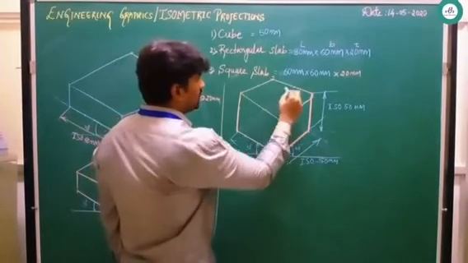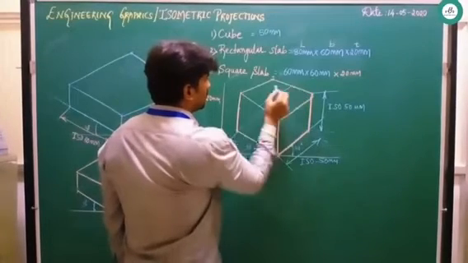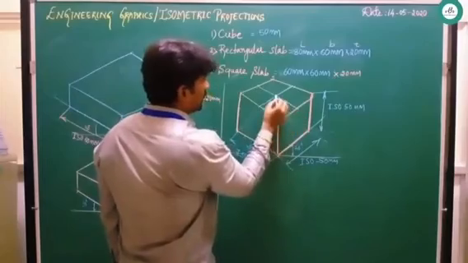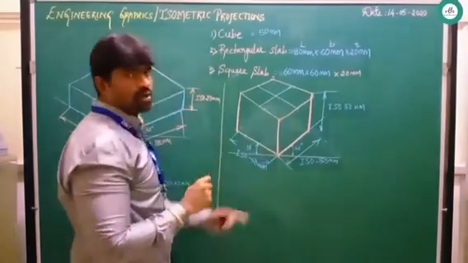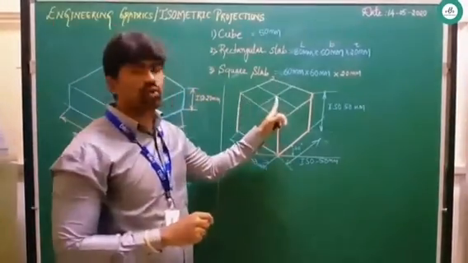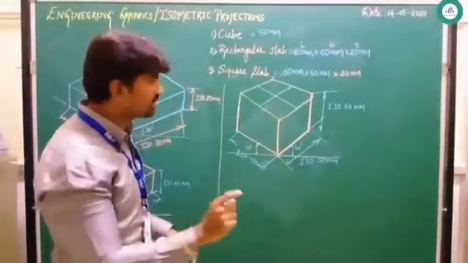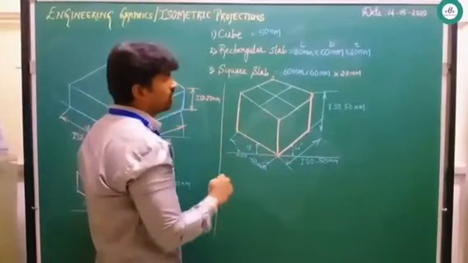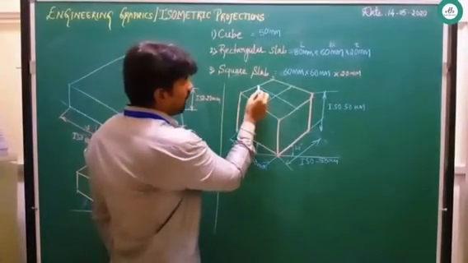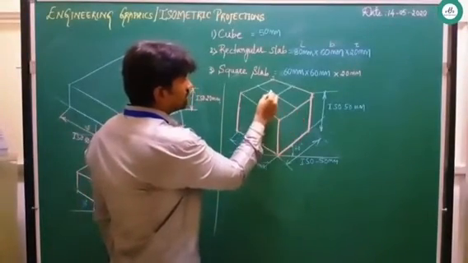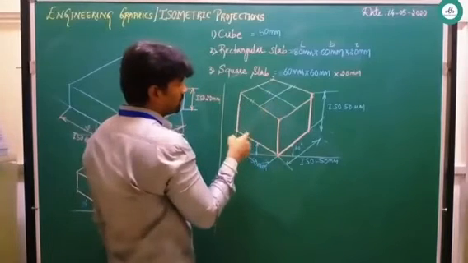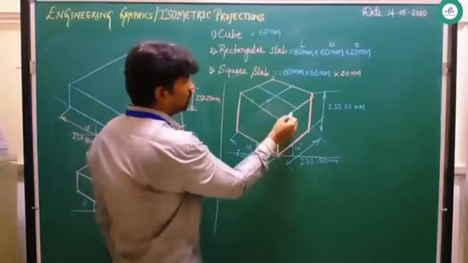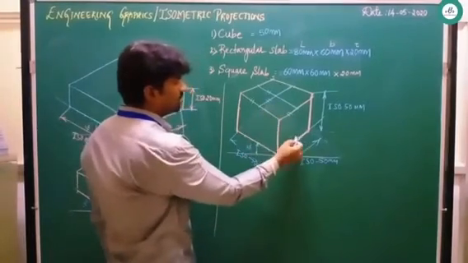Next, join these opposite lines just this way. After joining this, you will get a center. If you draw this with the diagonals also, you will get a center, but intentionally I am identifying it this way because it helps in future problems. Ensure after joining, this line is supposed to be parallel to the left 30-degree line, that is this one. Again, this particular one is to be parallel to the right 30-degree line, that is this one.